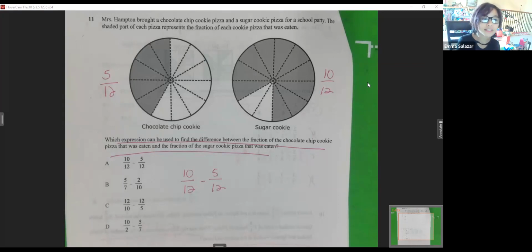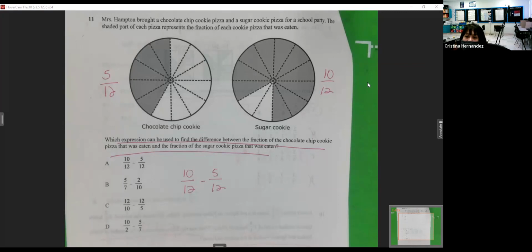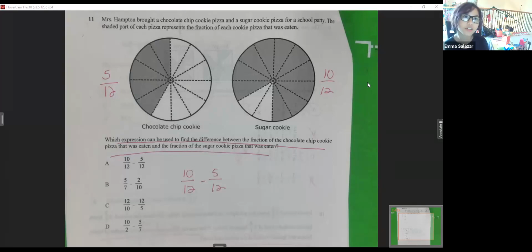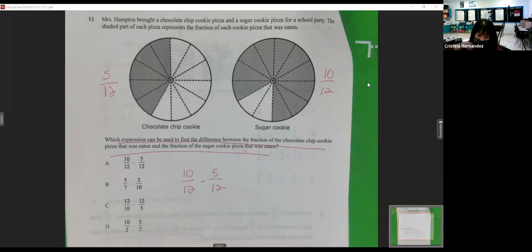Wait, so today we finish the whole packet and then we test Tuesday and Wednesday? Yes. And then our results are on Thursday? Yes. And probably makeups for people that don't show up, because there's some that are already missing this afternoon. So unfortunately for y'all that are here every day, the ones that don't come are going to be testing on Thursday. So we'll have to figure something out for y'all.